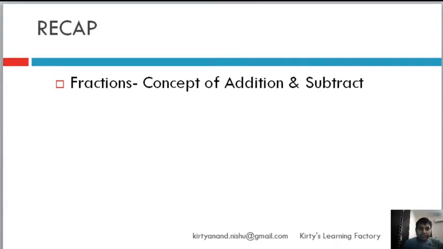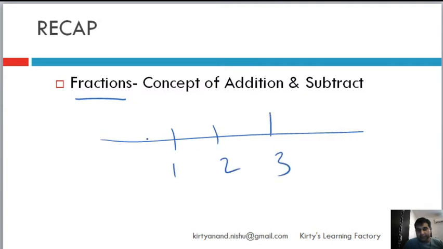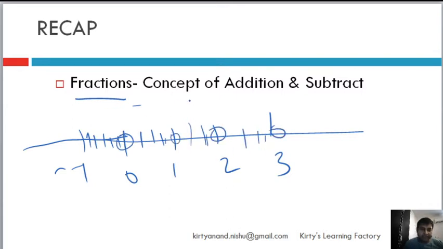But before we move ahead, let me quickly remind you that in the previous video we learned fractions. What were fractions? Basically, anything which is less than 1. If you remember, something which is not a whole number but a part of it is a fraction, right? For example, on the number line, this is 1, 2, 3, 0, or integers -1, etc. Anything which is in between these numbers, anything which is not 0, 1, 2, all of those numbers can be represented as fractions.